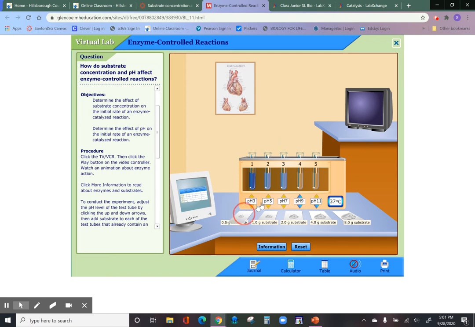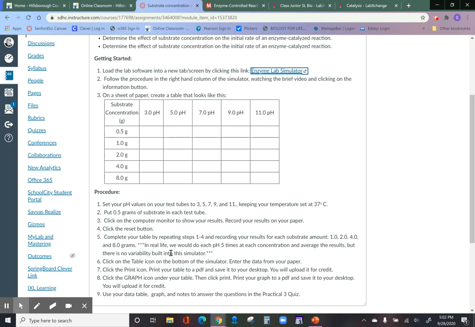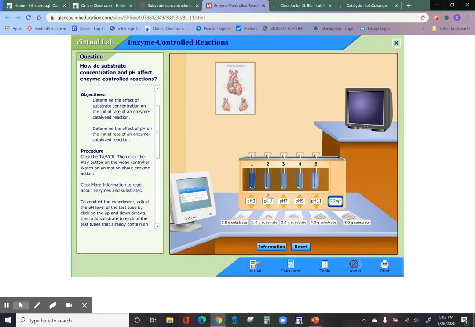Oh, it's changing different colors. Okay. Now what do I do? Click on the computer monitor to show your results. Okay, so